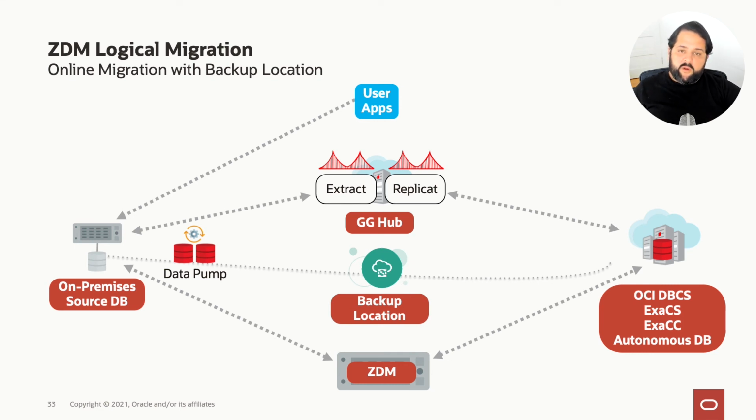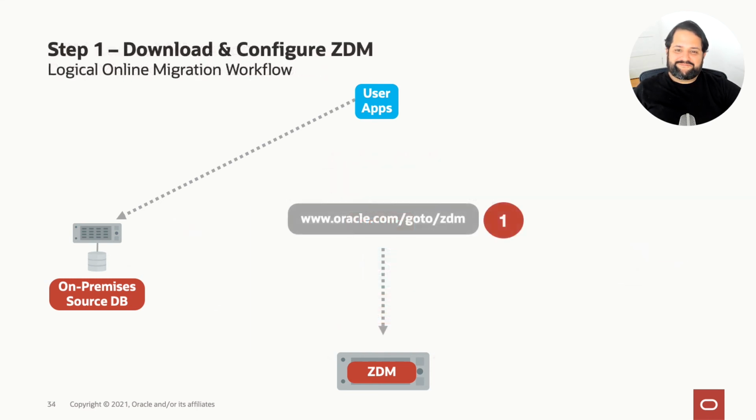I'm going to run you through all of this, but before that I want to talk about how this GoldenGate Hub works, right? As I mentioned, there's a specific image for the GoldenGate Hub called Oracle GoldenGate for database migrations, which has specific licensing, so you have 180 days of usage for it, as long as you're migrating your database to Oracle Cloud with ZDM or the Database Migration Service, which is great. So we're offering that for you, which makes me really happy. And I know it's going to be really helpful to make your migration to the cloud as successful as possible.